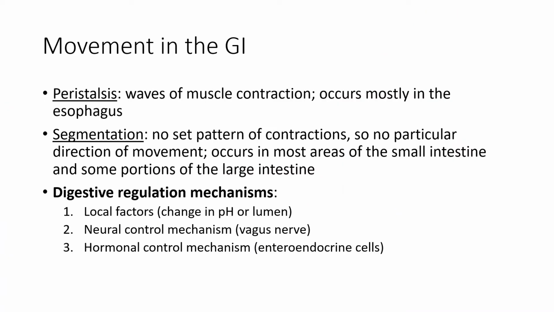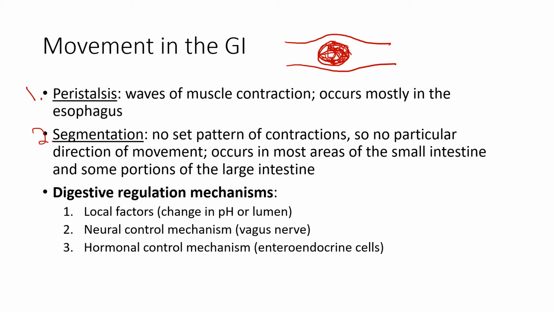Movement in the GI tract. There are two types of movement that I want you to know. The first is peristalsis. Peristalsis is going to be where you have waves of muscle contraction. So what you're going to have, give me just a second to kind of draw this out, is a bolus of food here. Maybe you just ate a cookie or a sandwich, and you've chewed it up and you've swallowed it. So this bolus of food